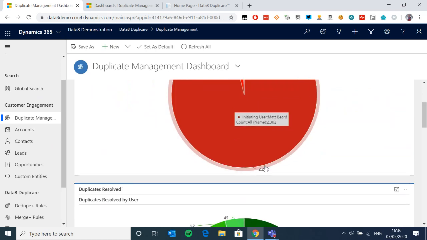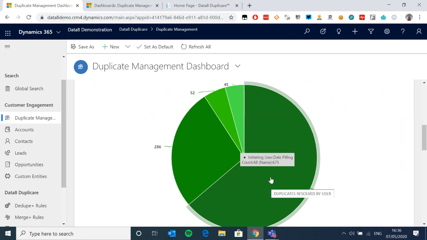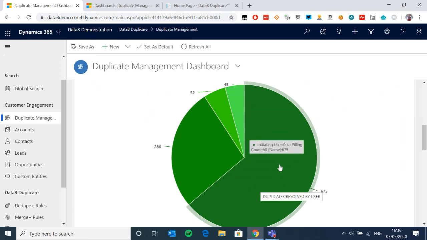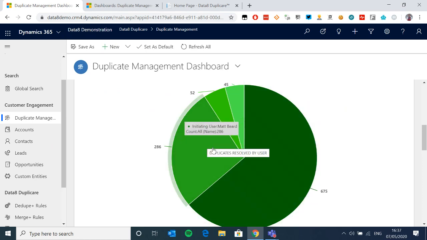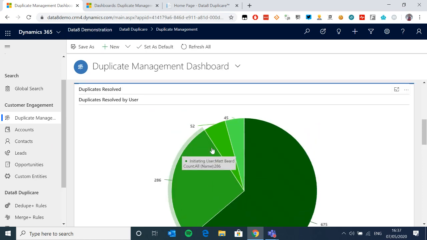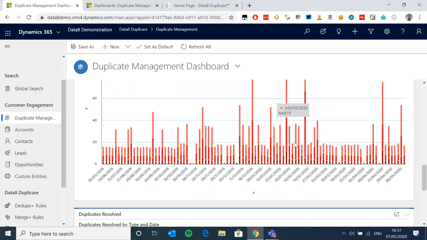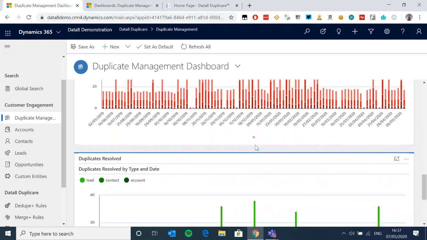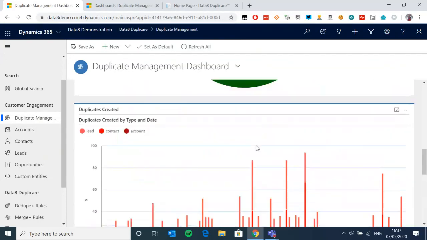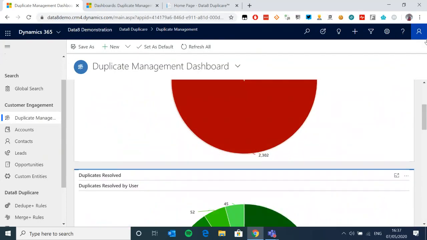That's my cop out. And on the flip side, Dale, who's our sales manager, is fantastic at fixing the duplicates. So he fixes the most, and I'm only second on that one. So what this tells me is that I'm the one ruining our system, basically. And then over time, you can see how often we're using the demo dashboard suite and that sort of stuff, you can start tracking it. So that's included by default and starts tracking by default.